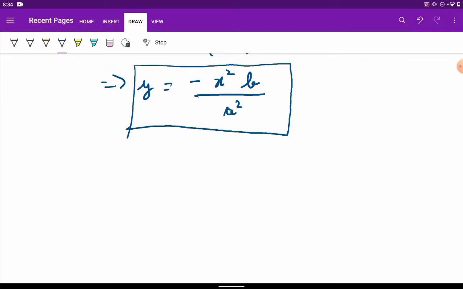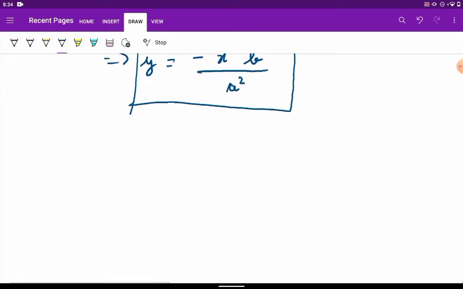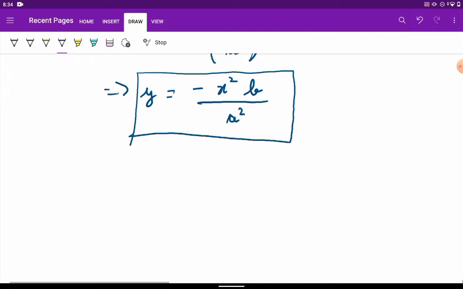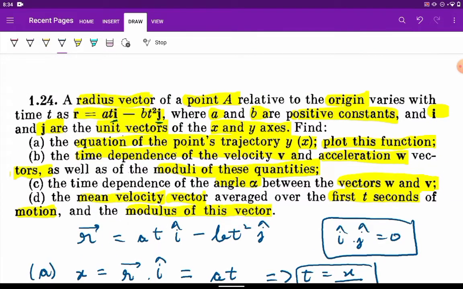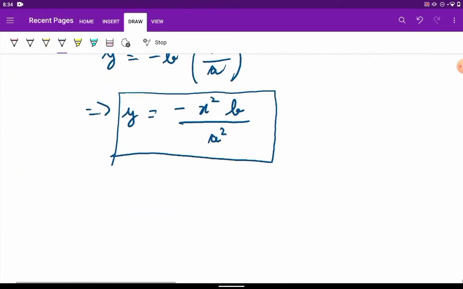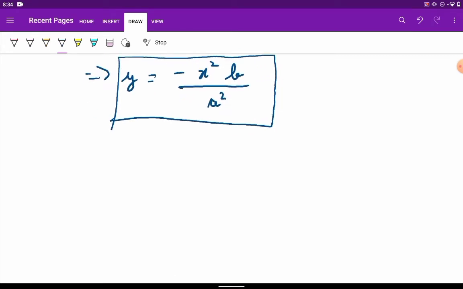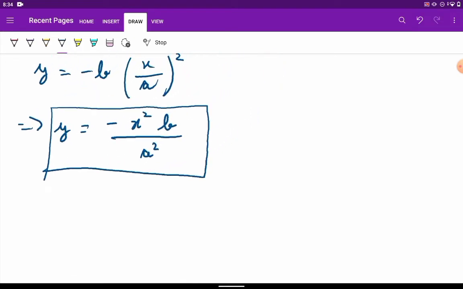So obviously it will be like, so basically it is nothing but y is equal to kx square, so that is basically a parabola. Since b and a are positive constants, this will be a parabola that is a curve, I mean, that is upside down basically. So it will be something like,